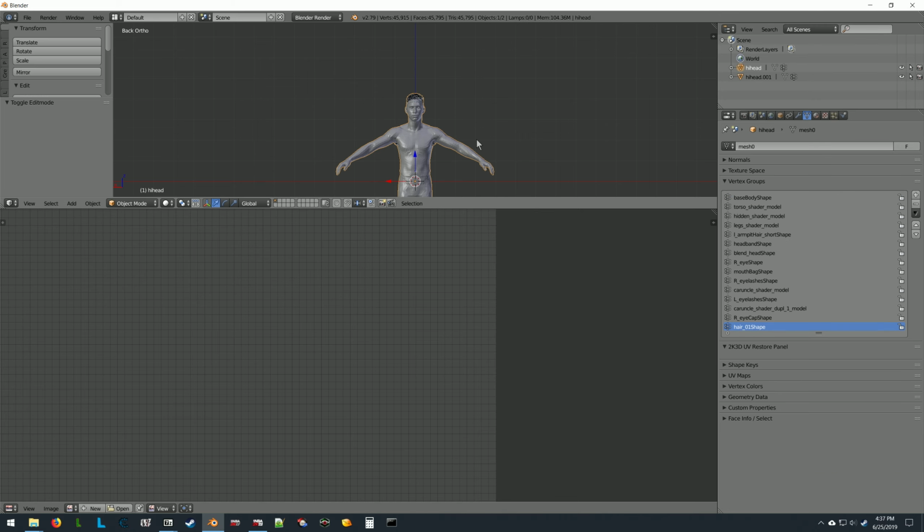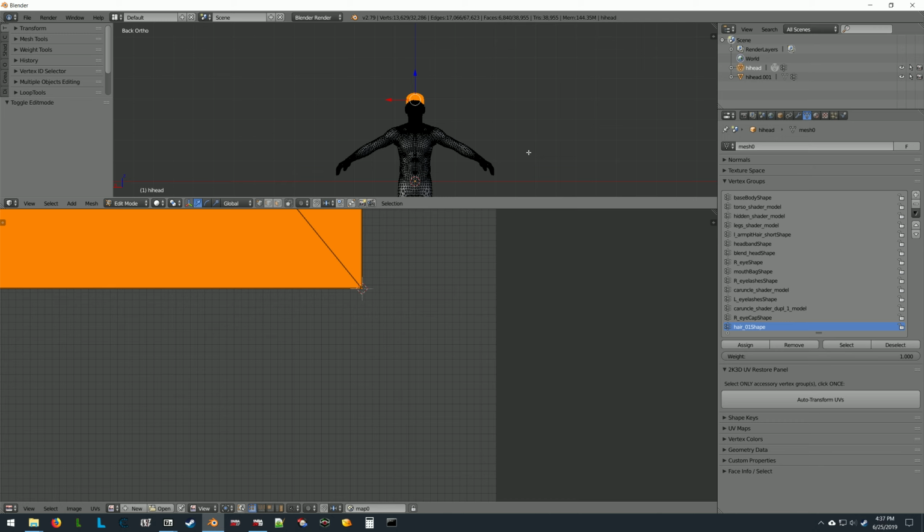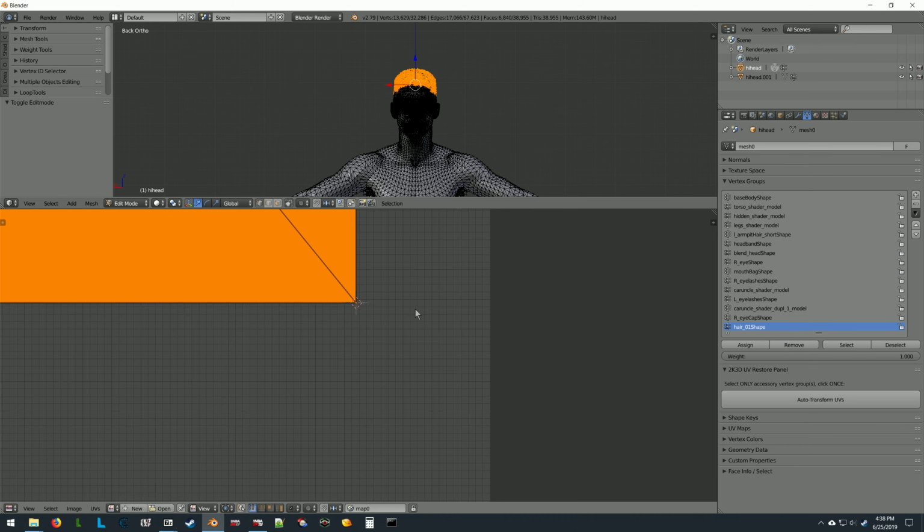And again, you don't have to be this precise, but I want to. Make sure your mouse is hovering over the UV image editor and not the 3D view, because you'll actually make changes to the size of the hair. That just happened to me, I was about to scale something up here, and I had to cancel it. But what you'll see is